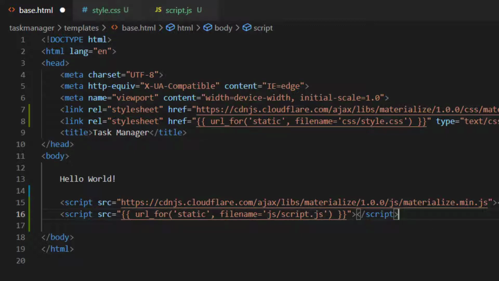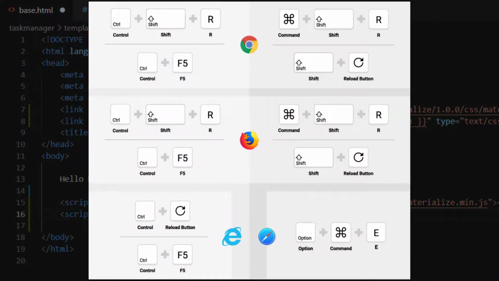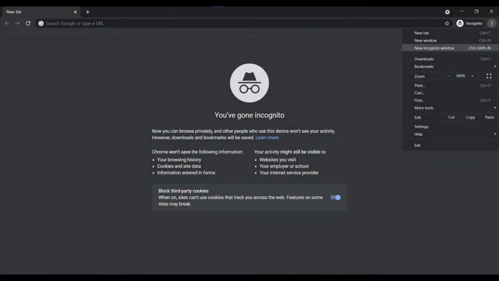Also, quite often when working with templating languages, if you make changes to your CSS or JavaScript files, then reload the page, it might not show your changes. This is very likely an issue to do with caching, so here are 3 steps to also remember to check. First, try a hard reload, which is generally Ctrl-Shift-R in most cases, but depending on your computer and which browser you use, it could be one of these combinations on screen. Second, if that doesn't work, open a new incognito window with your project URL. And if you do see the changes, it's certainly a caching issue, since incognito doesn't store cache.